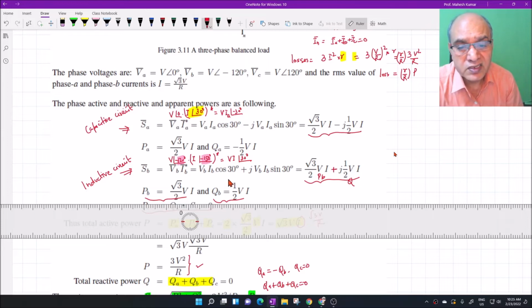So unbalance makes the current to have lag or lead angle with respect to their phase voltages,